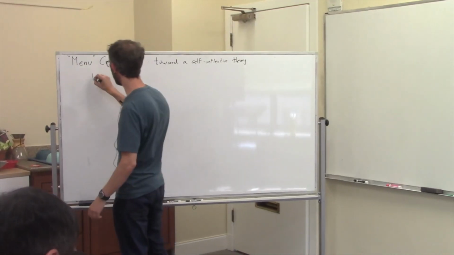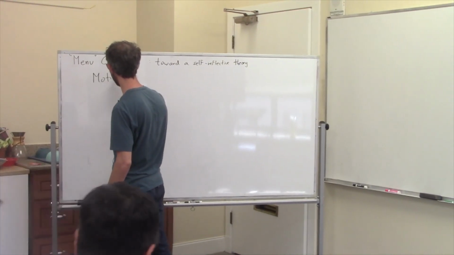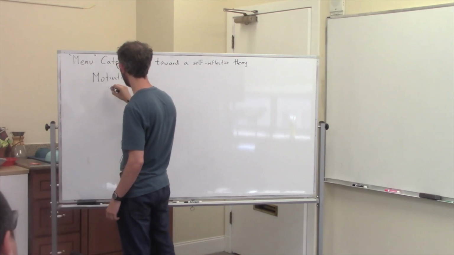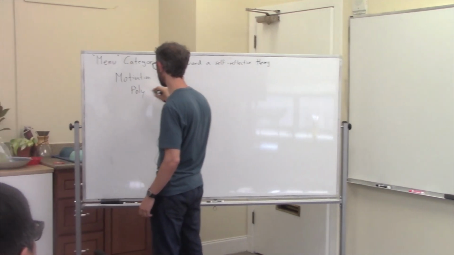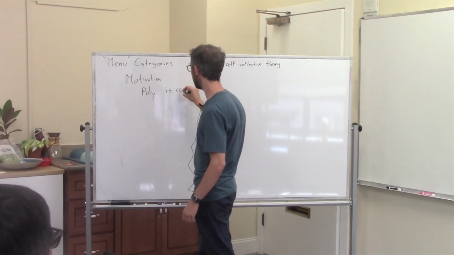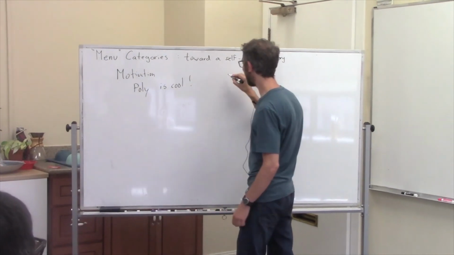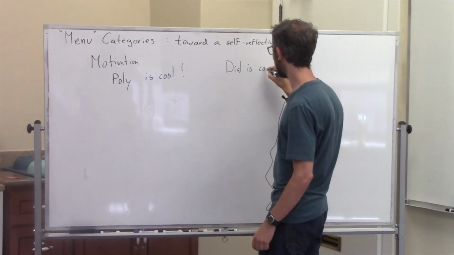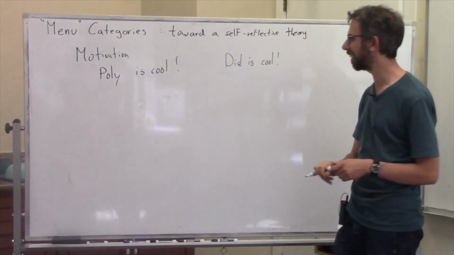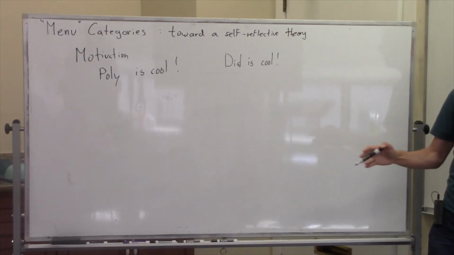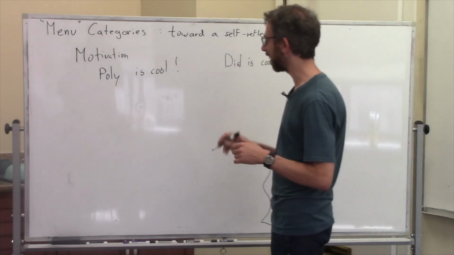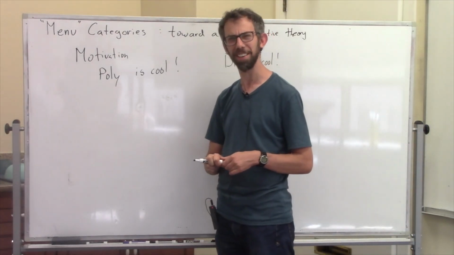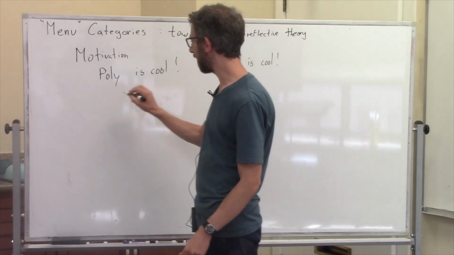So for motivation, basically I noticed that lots of people have noticed that Poly is cool. And then Valeria noticed that this thing called Dialectica is cool. And whenever someone realizes one of these things is cool, they just start thinking they have to tell everyone because it's so amazing. And then the world's like, okay, all right, maybe. But let me see if I can try to say.